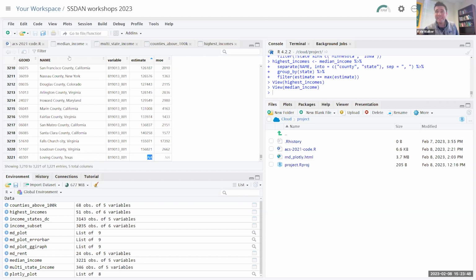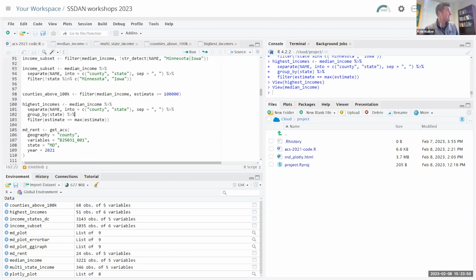If we have an NA in a calculation, R cannot do that by default. It flags it, says, well, we don't know what the maximum is because one of your values is unknown. So it returns NA, which means we didn't get back a result for Texas. To fix that, we need to, inside of the max function, put in na.rm equals TRUE to remove NAs, which means give me the maximum and ignore Loving County. And if we rerun that,